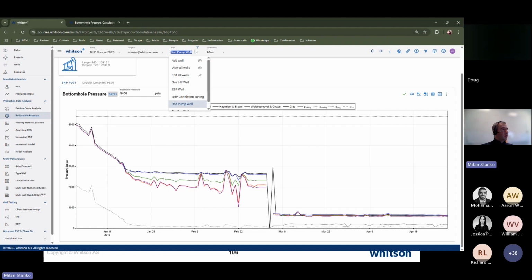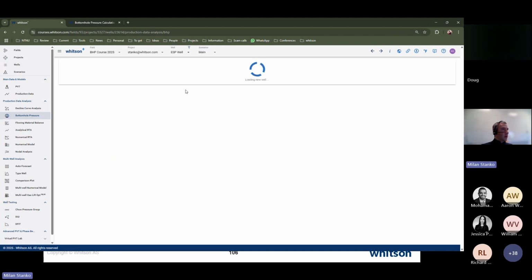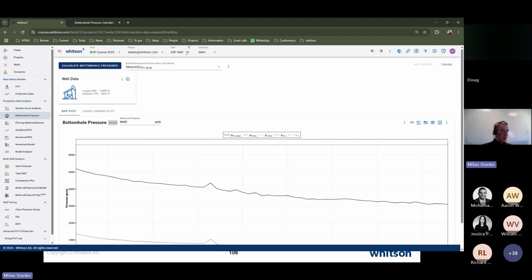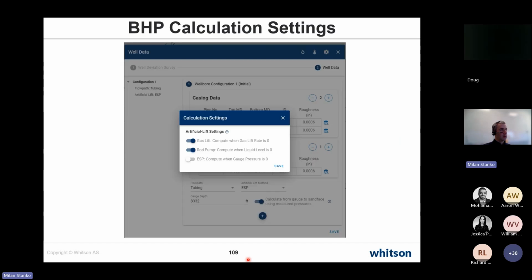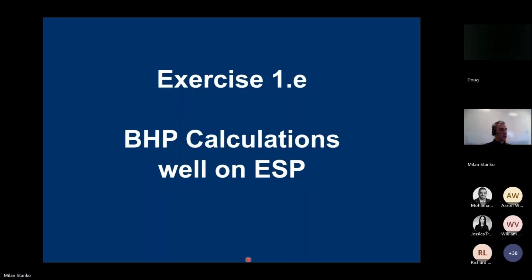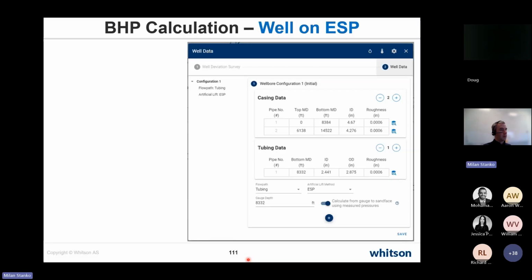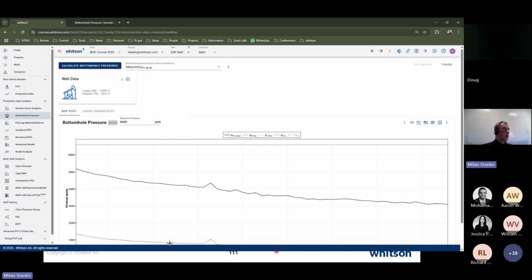Okay, now we go to the well with the electric submersible pump. Remember to select here the proper well. And if we go to the theory here, we need to have this pressure value that we call a gauge pressure at the suction of the pump. We need to have that value available, okay? Because in that actually in a